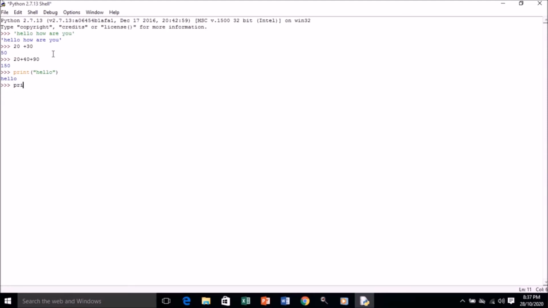The next thing, let's type here print, double quotation, and inside this double quotation I'm writing here 2 plus 3. Let's see what comes as the output. Here the output is 2 plus 3. And let's try one more example. Now here I am not using the double quotation, my children. In the previous one I used 2 plus 3 in double quotes. Here I am not using it. Let's see what will be the output. So the output is 5.